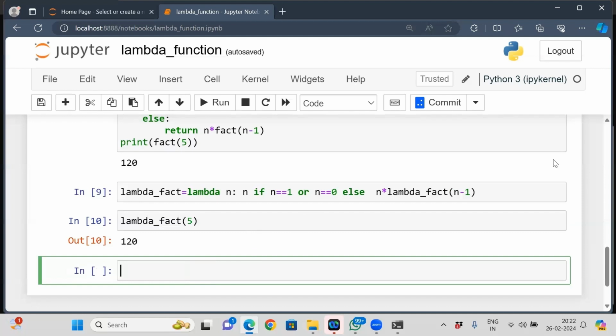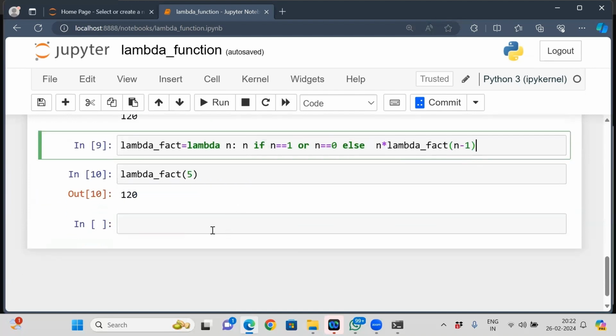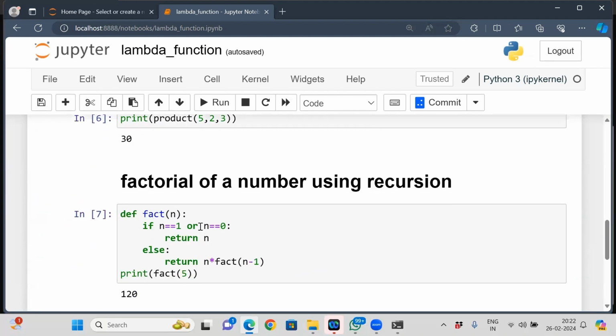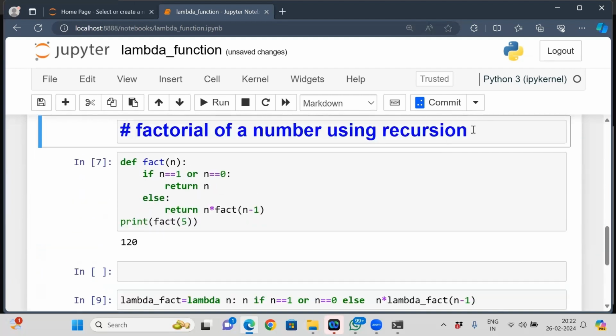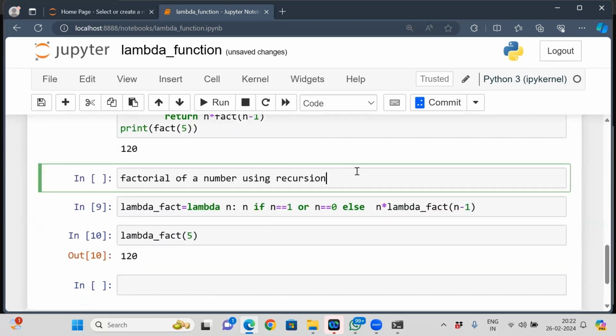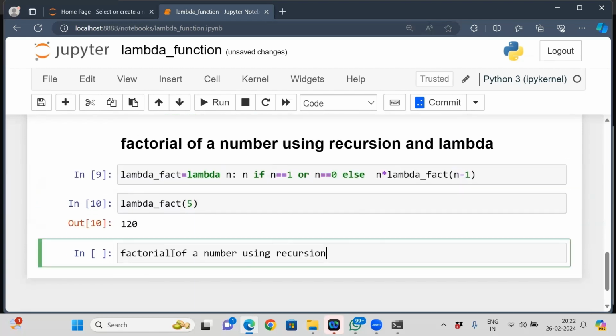Okay, got it right here, everything. Similarly, I can take sum also. Okay, this is by using factorial of a given number using recursion. This is also a recursion and lambda. We are using both recursion and lambda. Okay, here also you can take